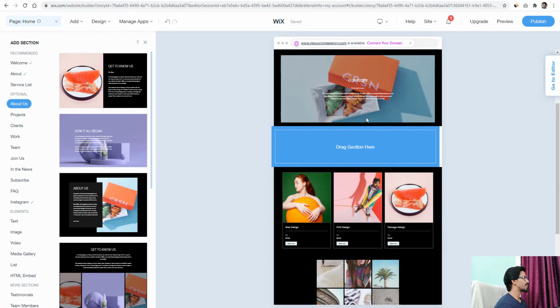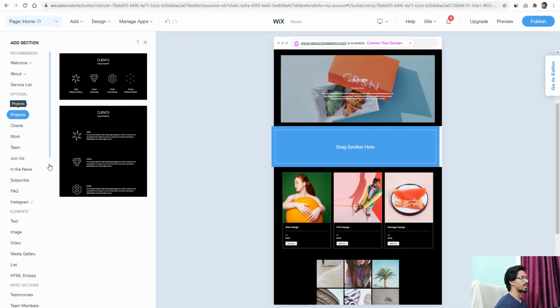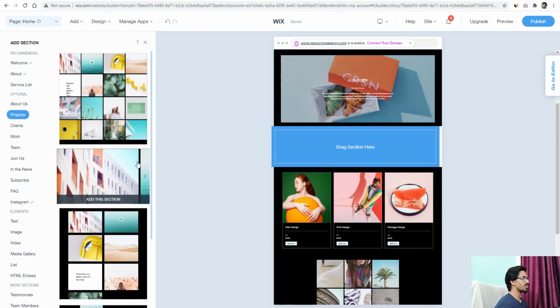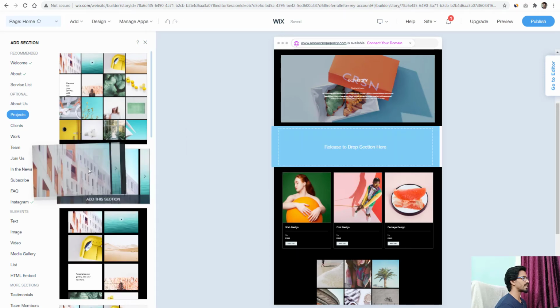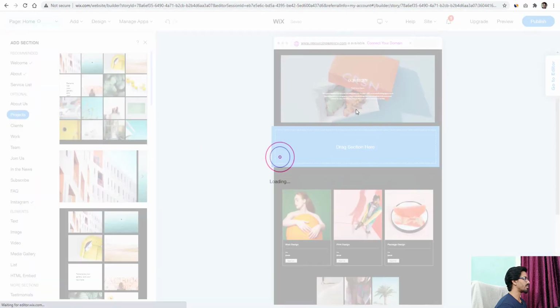As we see that about us is already there, so we will see the news and project. So let's take this one here. Just click here, and drag and drop here. Okay, and a new section will automatically be added to your website.